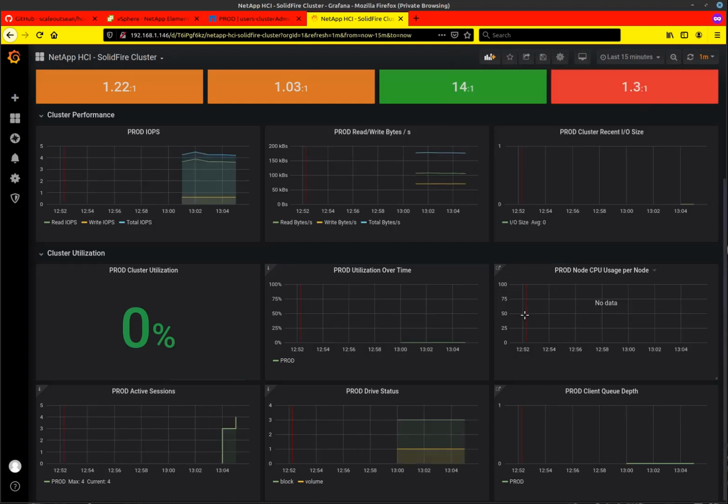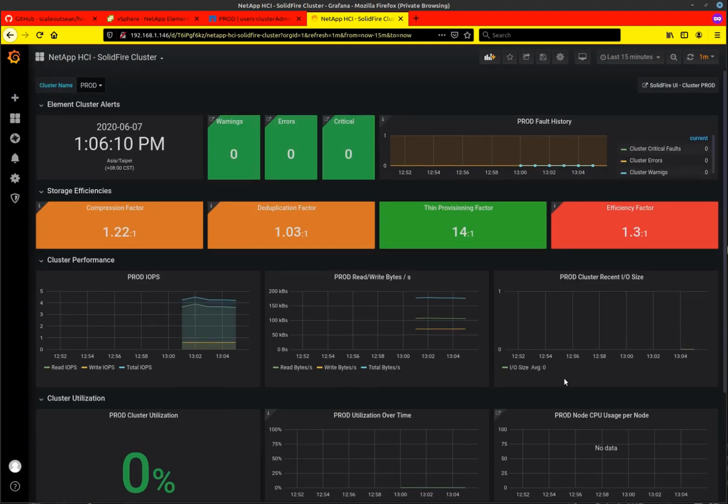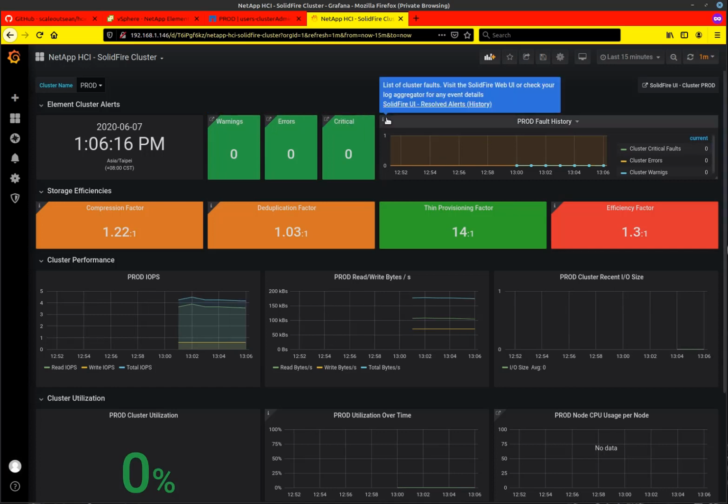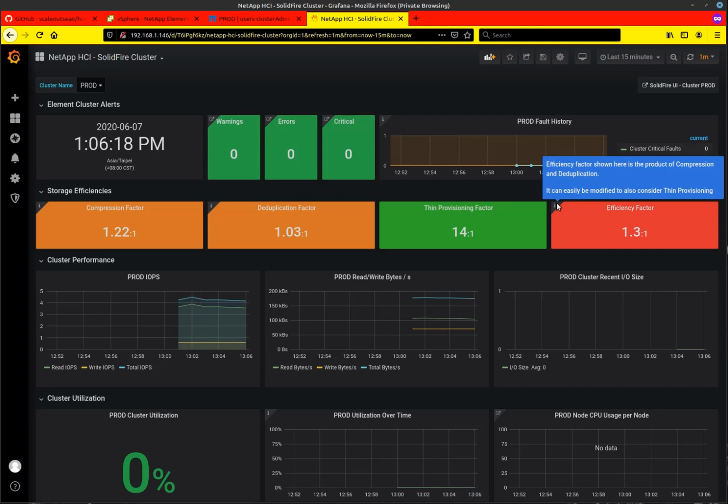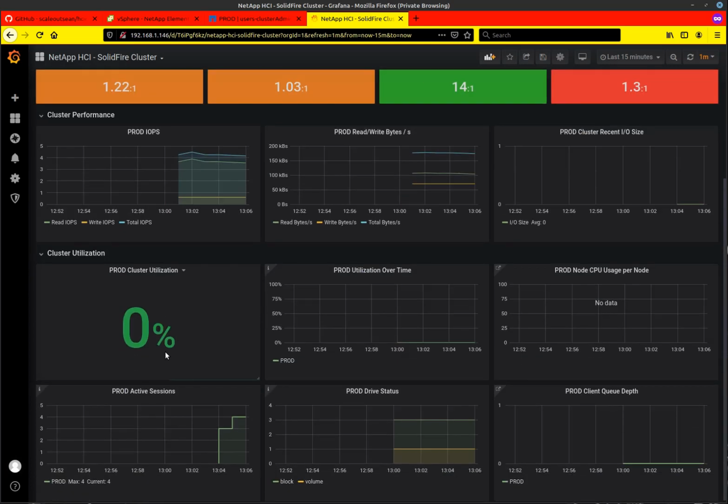That's fine. Here you can see this is a new panel. You can see HCICollector connections. So if you were to run Kubernetes, for example, and have hundreds of connections, you'd want to keep an eye on this. And then I mentioned that in addition to description, I also have links in some cases to current alerts, in some cases to history, depending on the panel, which altogether I think helps users get productive more quickly